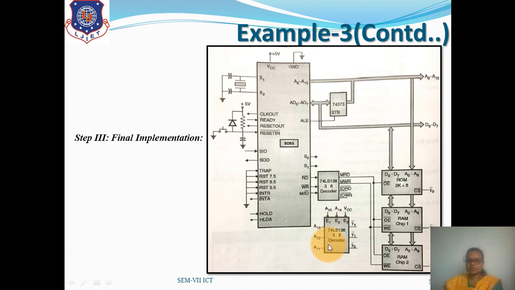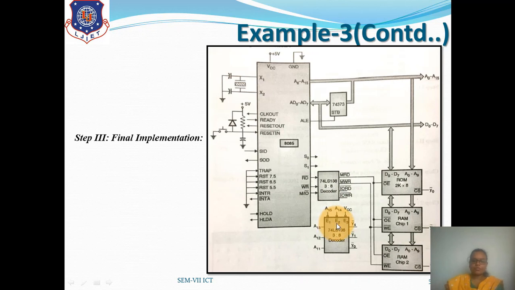So from A10 to A15 we are giving this value to the decoder, and we will have the value from the 3:8 decoder. So these three signals have been passed on this. These signals will enable this chip, right? And this will have the decoder values from Y0 to Y7. In this we have taken only three signals, that is Y0, Y1 and Y4. And with respect to this, whichever we select from these three, that chip will be selected. So this is the final implementation of example 3.